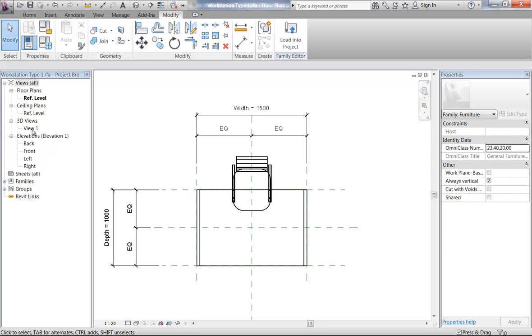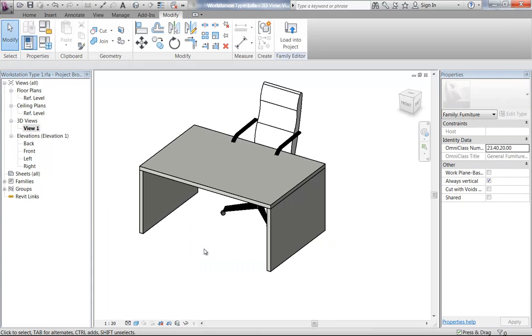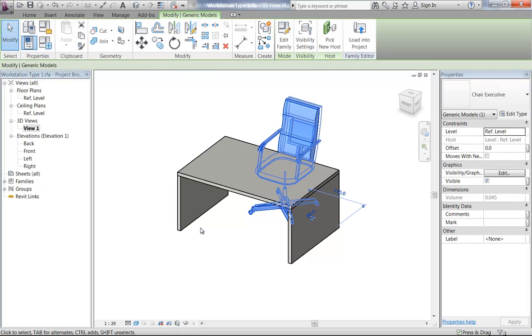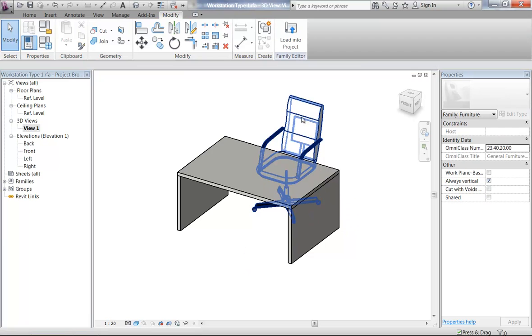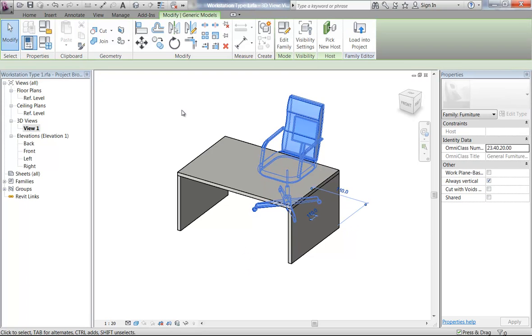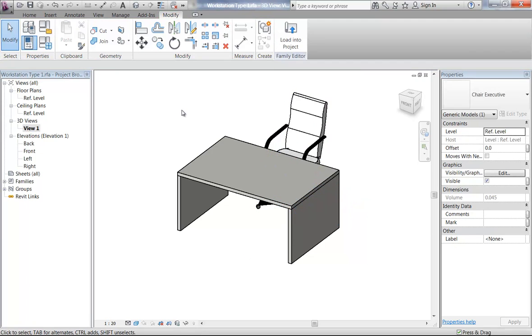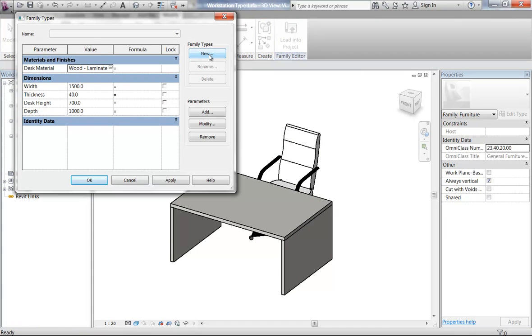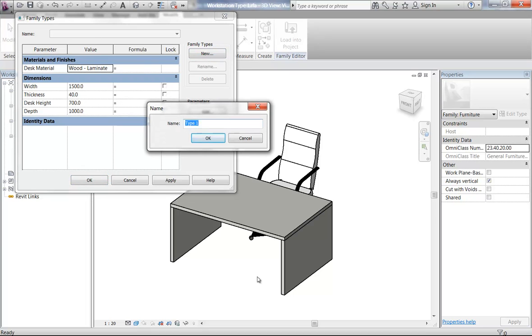And so I've just got to think about the standard sizes I might want for this desk. And while I'm at it, I can move the chair back. There we go. Still not far enough. There we go. Okay, so going into my family types now, I'm going to make some new family types. Even though I've been working in family types, you can see this is called family types, I actually don't have any types yet. So I'm going to click new, and my first type, I suppose, we'll make it this small one,